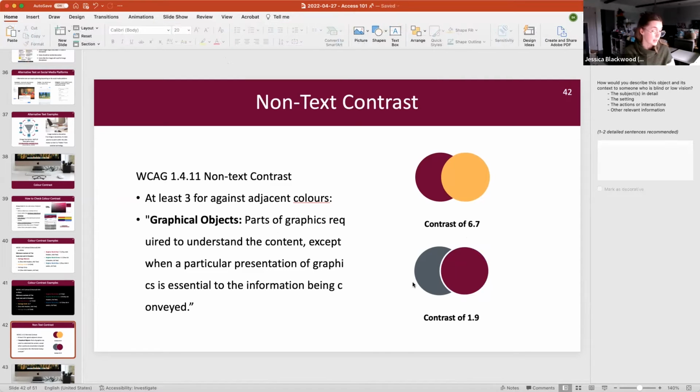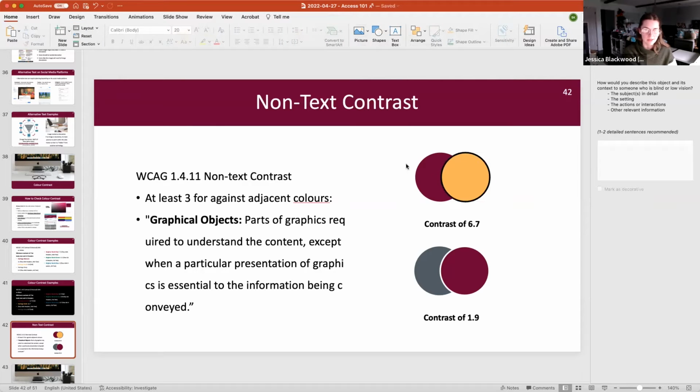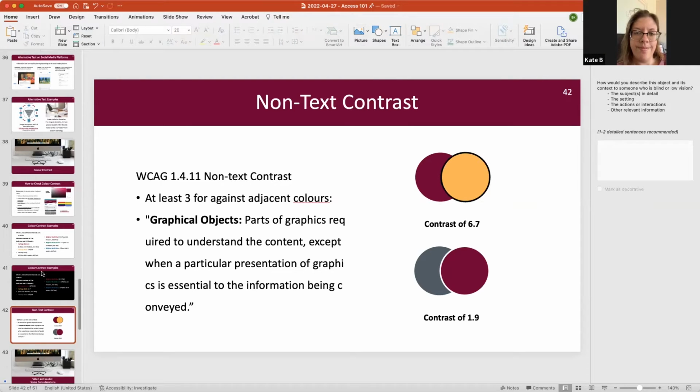And now this is compliant fully because it's compliant on the background and it's compliant against each other. This one, as we know, it's only 1.6 for our gold. So I'm going to add a black stroke to this circle, and I'm going to make it a bit thicker. And now all of these diagrams are compliant with the background and also each other. So any questions about colors?